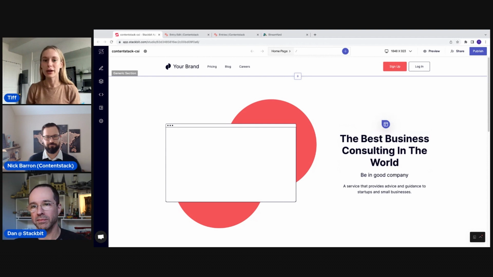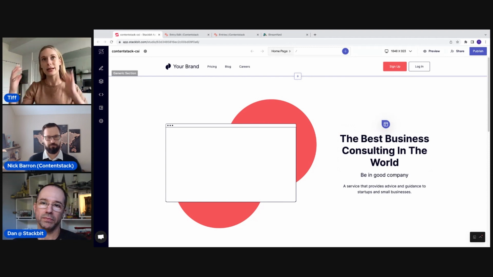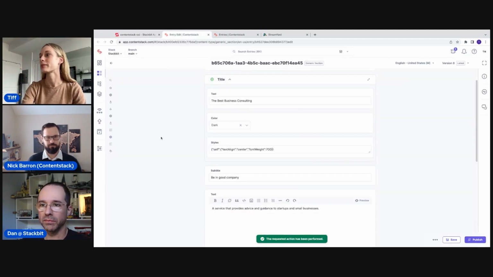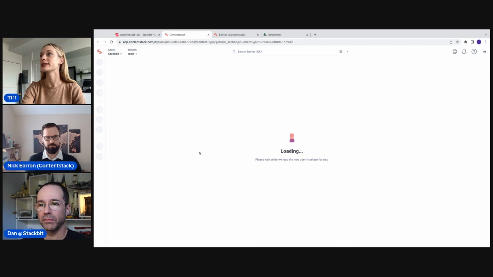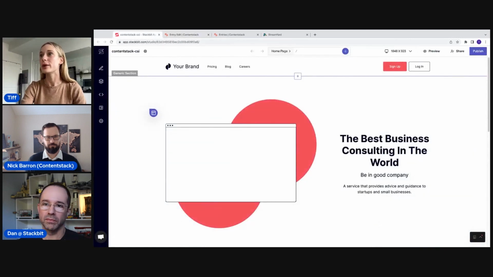I know for a lot of marketers, one of their big pain points is making these changes and not being able to see them immediately. How does it actually look on the page? Sometimes they have an image or an idea in their head, and how it's translated comes across differently. Now if we go back into this entry and refresh Contentstack, we can see we now have "in the world." So that's really honing in on the two-way sync of using both Contentstack and Stackbit.